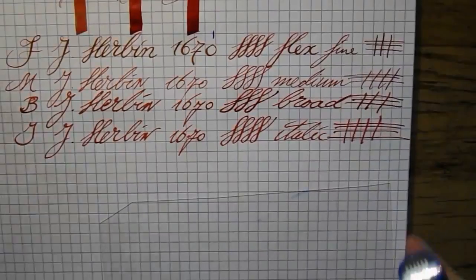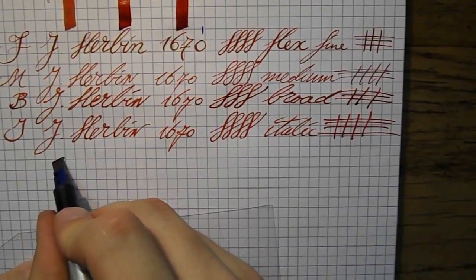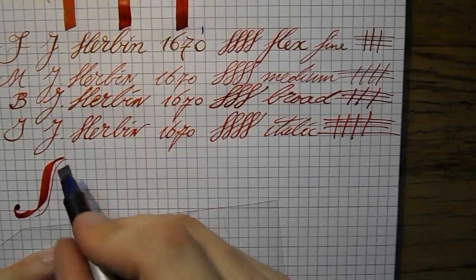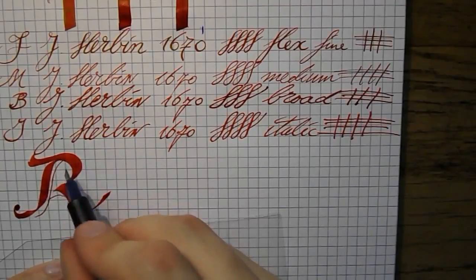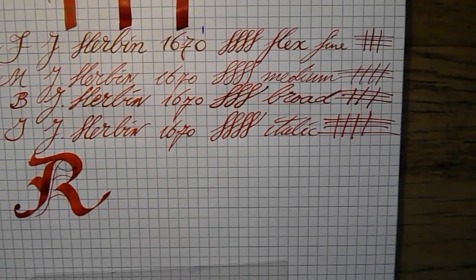While we're at this, I got this nib here. Let's see, we have a red. Fantasy R. Okay, we'll have that dry. Let's do a bit of writing with a fine...